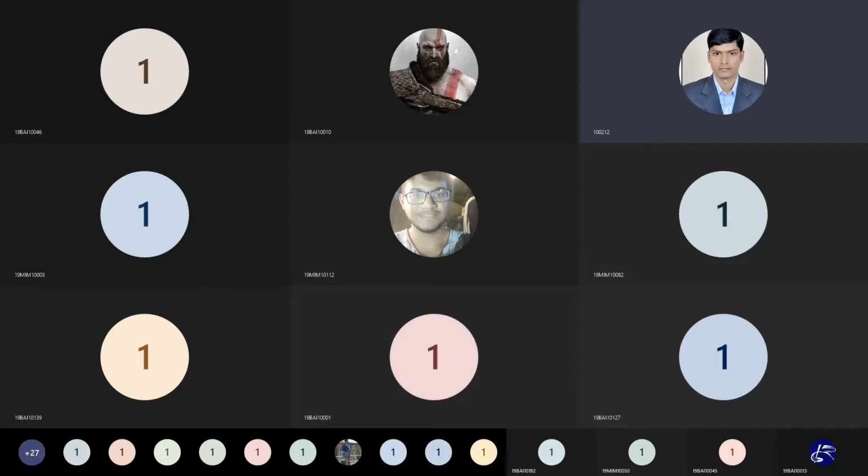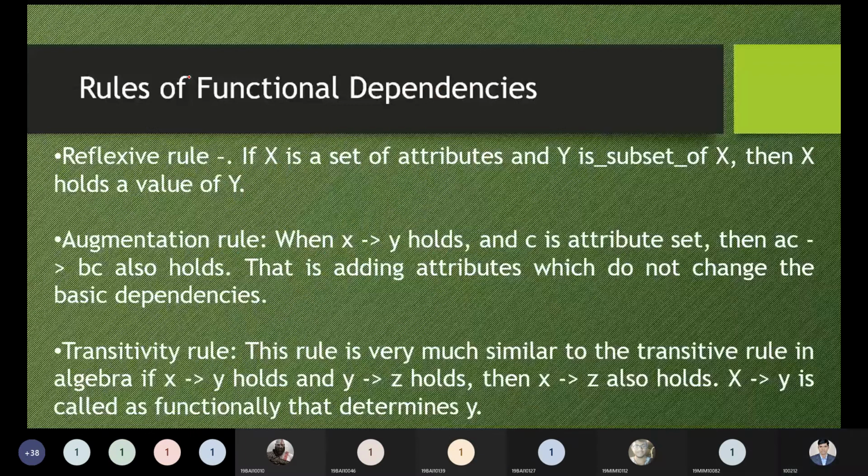So today we will see the important concept, that is rules of functional dependency. Rules of functional dependency is a continuation of understanding the fundamental part of functional dependencies. From the previous class, if you have any doubt, you can ask me how to use a functional dependency and what is the sense of the functional dependency. Any student who has any doubt, please let me know.